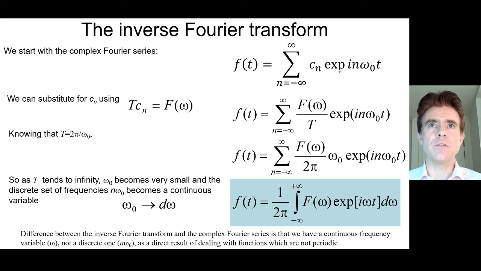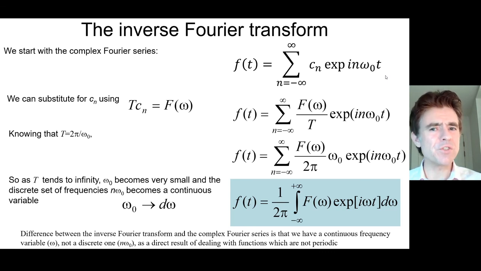And likewise here, by starting with the Fourier series or the complex Fourier series, we've derived the inverse Fourier transform. So the inverse Fourier transform is really the direct analogy with the complex Fourier series or the Fourier series,